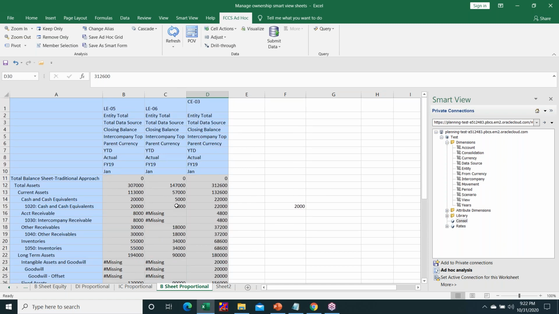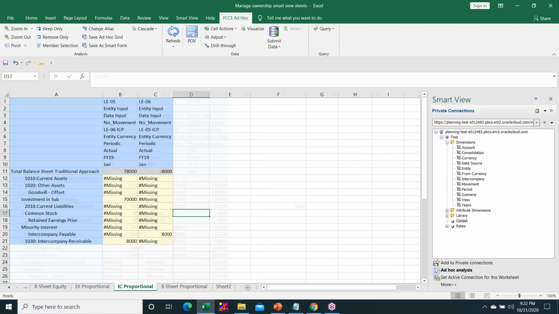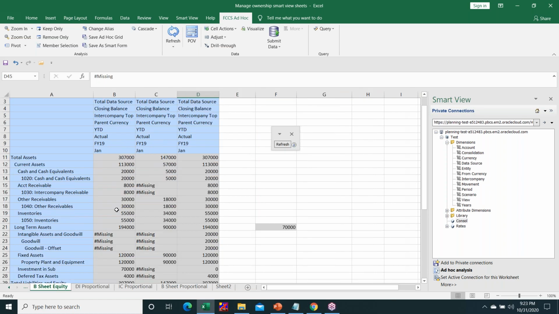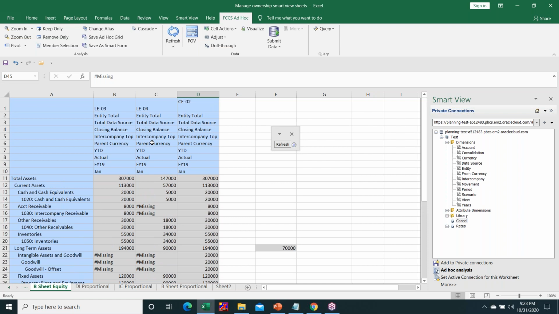So these are the three methods of consolidation that I have explained to you, and we have the option when we take the ownership by 0 to 50%. We have the option of selecting the equity method of consolidation or the proportional method of consolidation, according to the requirement given by the client. And in case the requirement is somewhat different, then you can manage your consolidation within the consolidation provided by the FCCS, where you can define your own consolidation method.